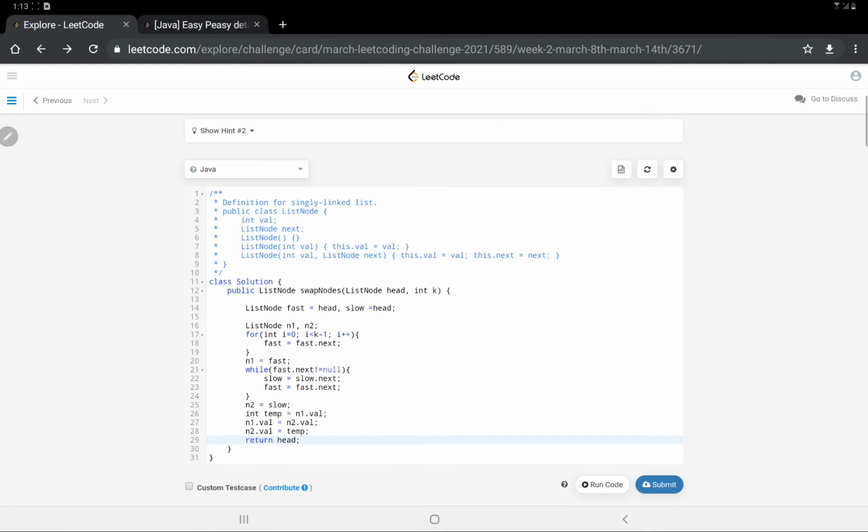So let's see the code for this question. Alright, so here is the code. I have taken two pointers, slow and fast, and initialized both of them to head, and then I have taken two variables n1 and n2, where I will be storing the kth node from the beginning and the kth node from the end. Now suppose this is a linked list 20, 30,